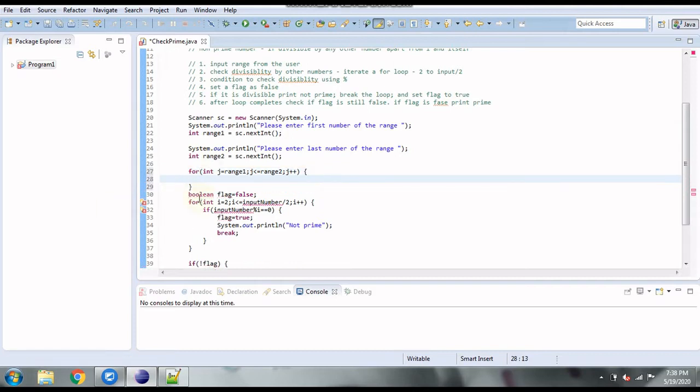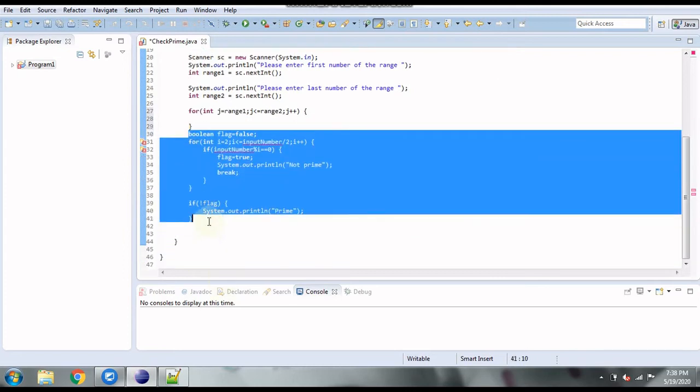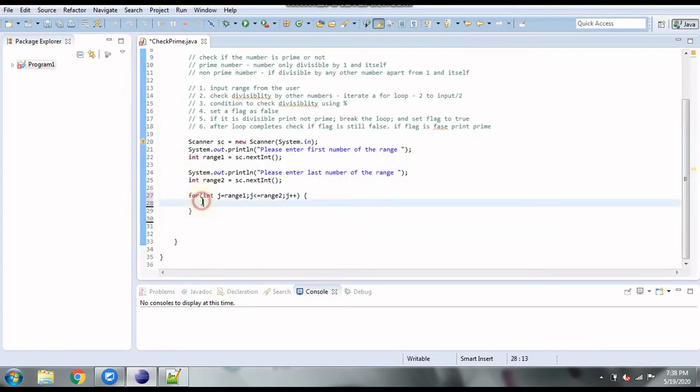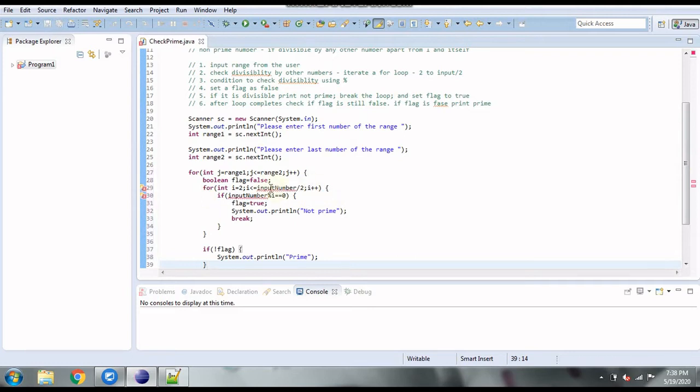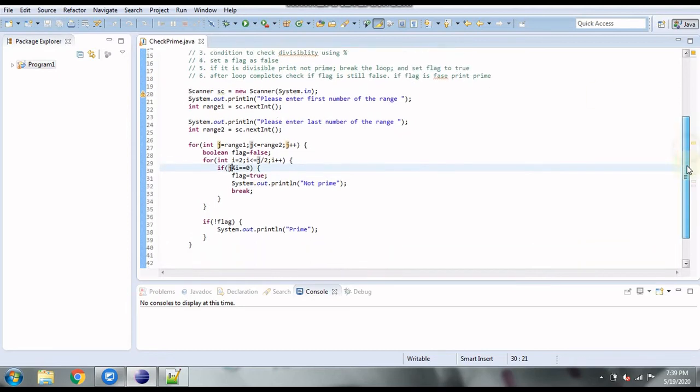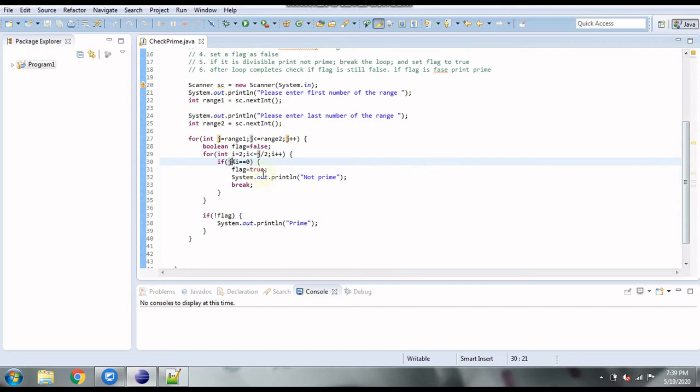So instead of checking one number here, we are completely checking the range. So there is a loop inside a loop. This is called a nested loop. So in this video, we'll understand the concept of nested loops as well. So whenever you have a loop inside a loop, you have nested loops. For example, if our range is from 1 to 100, the loop will iterate from 1 to 100, that is the first loop from 1 to 100, and the next loop will check the divisibility for each number between 1 to 100 and print only the prime numbers.